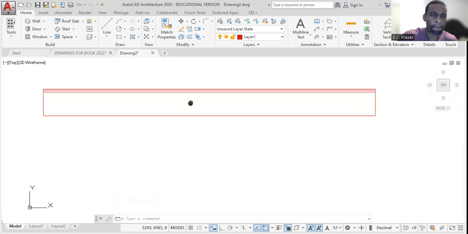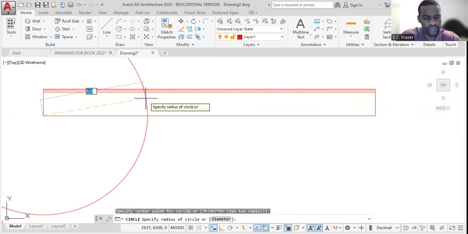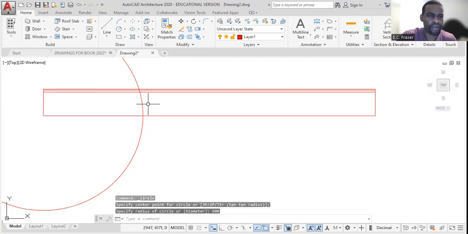Now I need to establish a point for my overhang, which is 450. I will need a point somewhere off here for me to align to the wall plate. So for that, I'm going to use a circle. So click on circle. From here, I'm going to draw a circle of, let this be about 600, 600, enter, right? And I could draw a line from here,